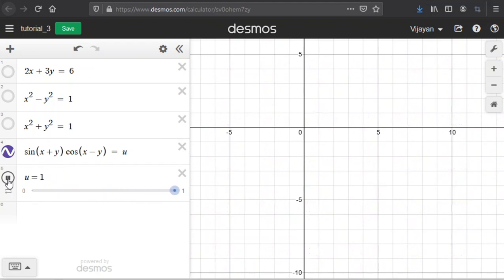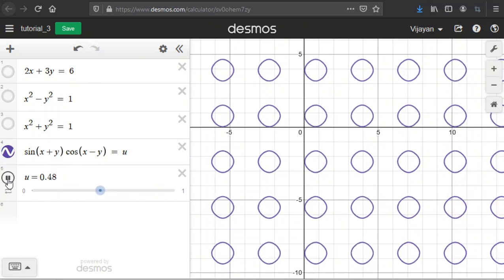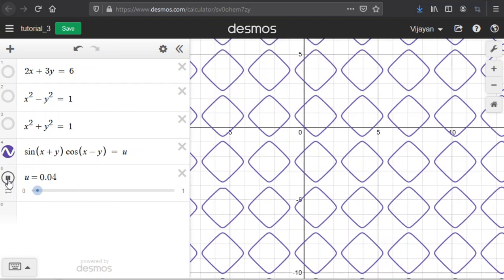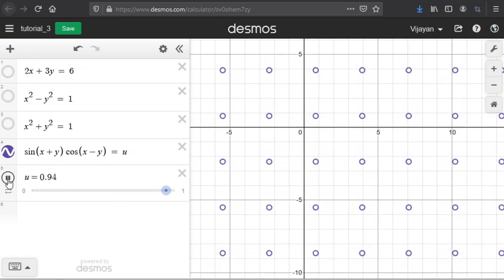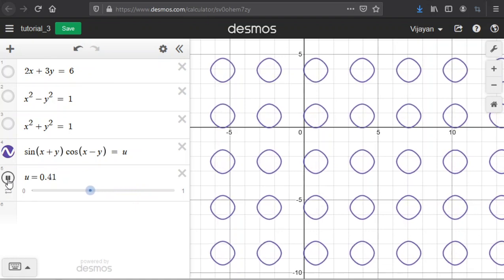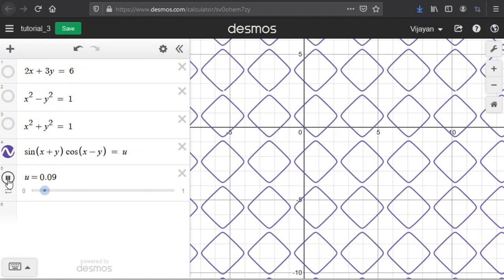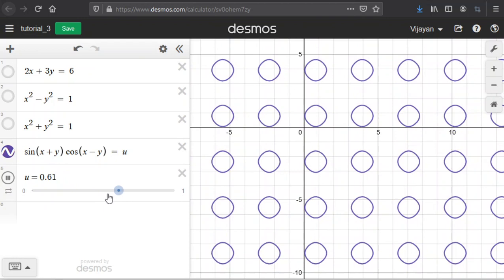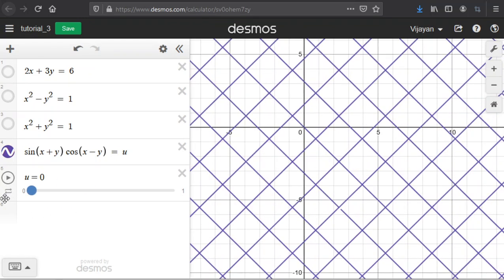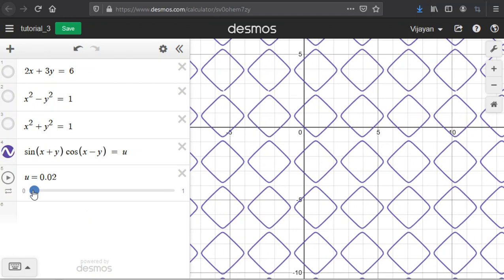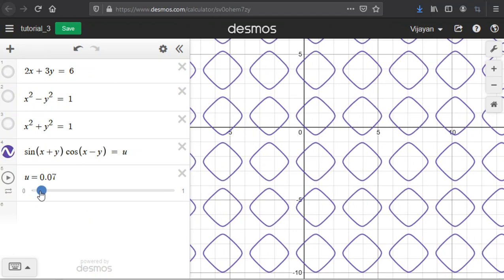So sin(x+y)·cos(x−y) equal to 0 gives me grid lines of squares, and as the value increases to 1, you can see it becomes circular in nature. I pause it. You see, when it was 0, it is a square grid. Again when I increase, you see how the grids are detaching from themselves